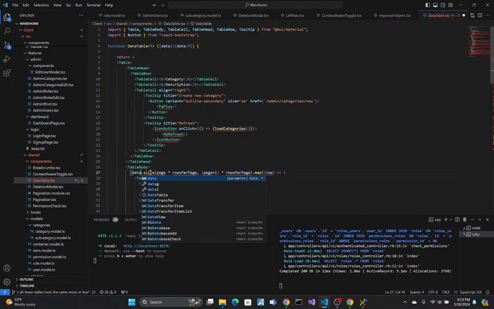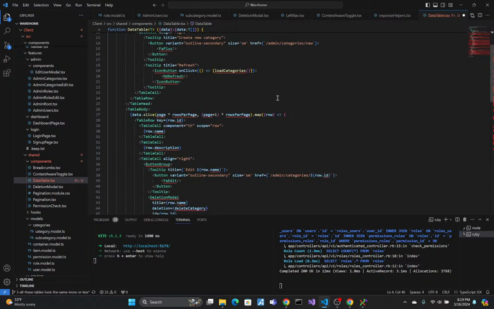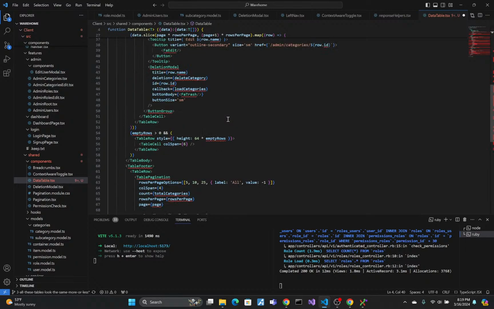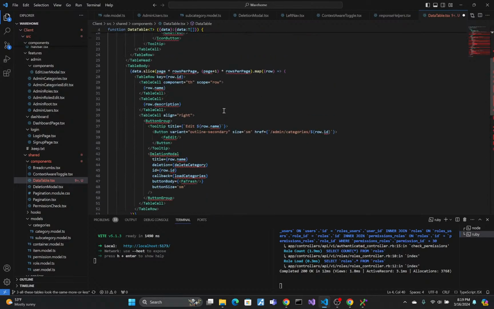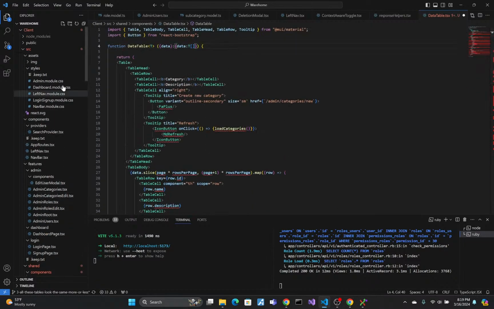Data dots. Nice. Page rows per page times page. Now here's the other thing. This is a category table, but the users table